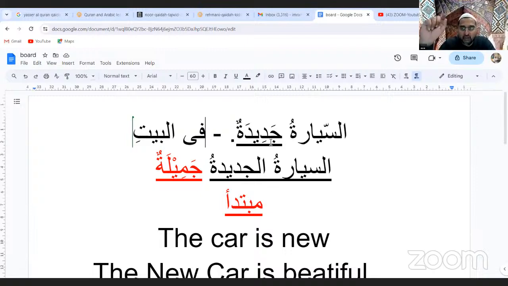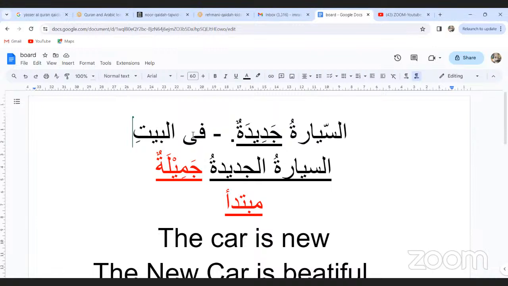So sometimes one noun can come as khabar, and in lesson 4, we talked about prepositions. The prepositions can come as khabar as well. So fil bayti is a preposition, and it can take the position of a khabar. Here, jadidatun with a tanween, but here fil bayti, the noun is taking a kasr because of the preposition, and it is khabar as well. So jar and majroor can come as khabar. Does that make sense?